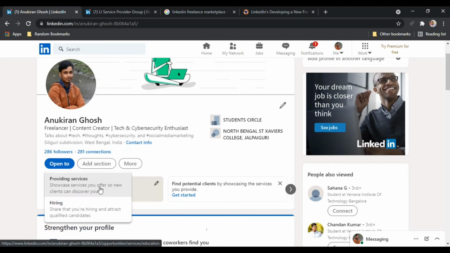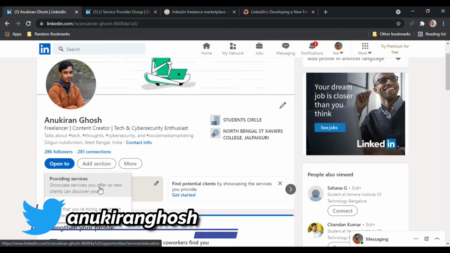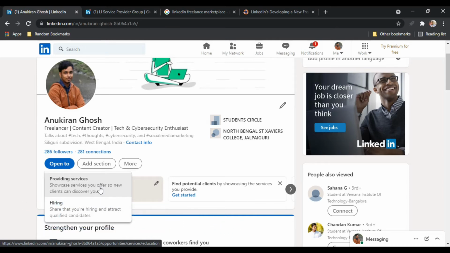And soon in near future, LinkedIn will be integrating the whole professional networking platform with the LinkedIn marketplace, which is especially focused on freelancing. So basically it's going to replace Fiverr and Upwork. Not exactly, but it will be a competitor to Fiverr and Upwork, because it is a professional networking platform and more people come here to provide services and recruit people. So it's going to integrate the whole platform with a freelancing marketplace.